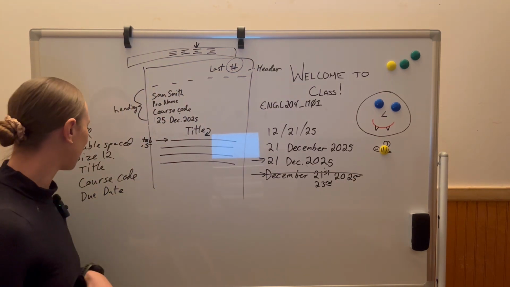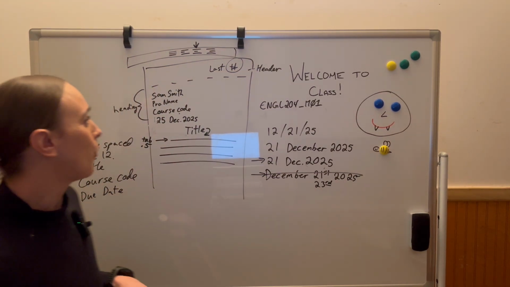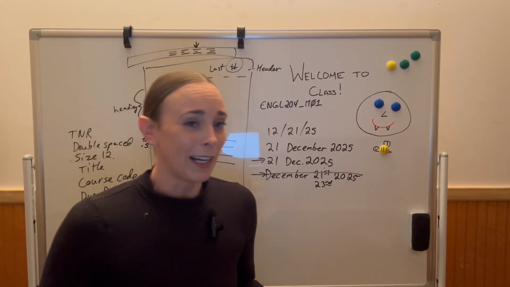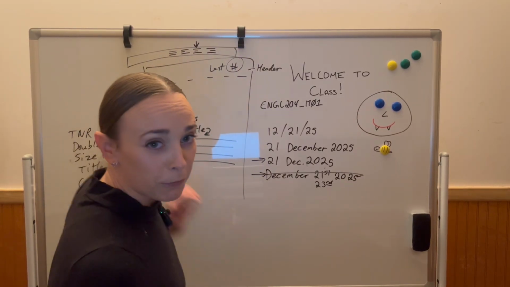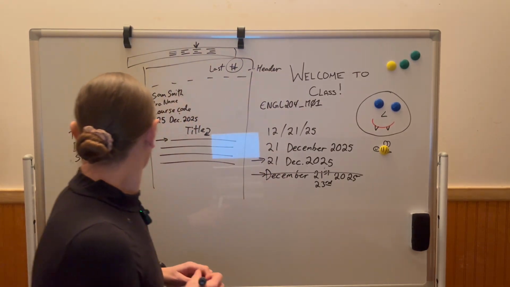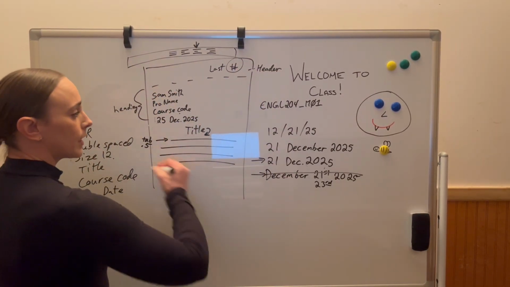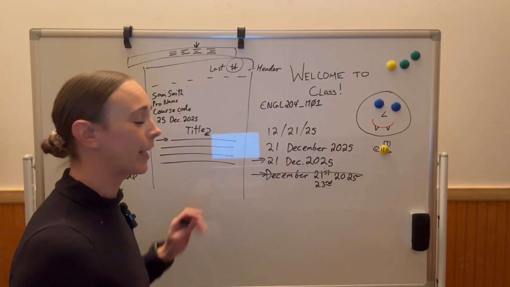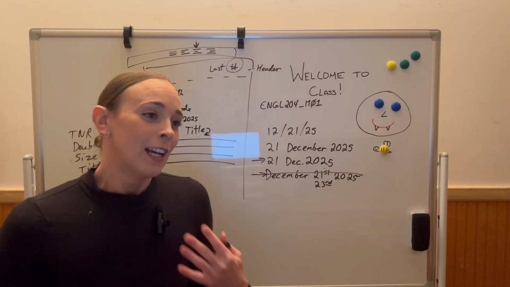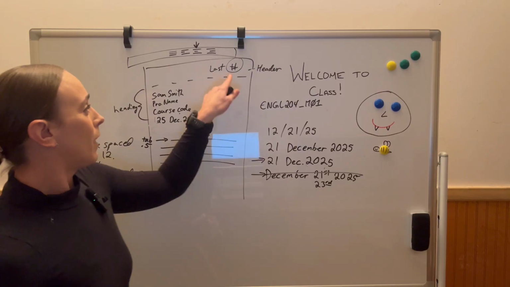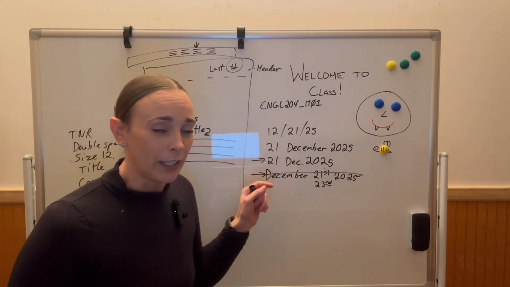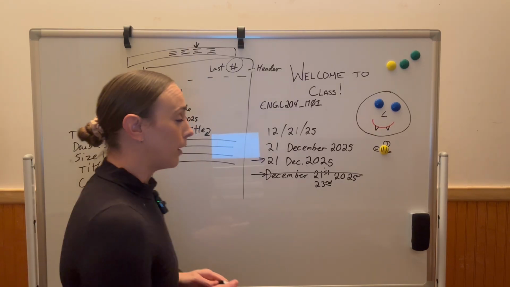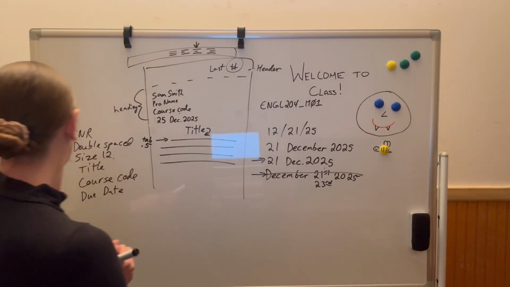Which brings me to the Times New Roman. You can usually use Times New Roman or Arial font. Either one is fine, but most teachers prefer Times New Roman. All of this needs to be Times New Roman. Now, if you were to highlight everything and change it to Times New Roman, size font 12, this header section will not be included in that. So you need to make sure that you go in there and change that formatting font as well.